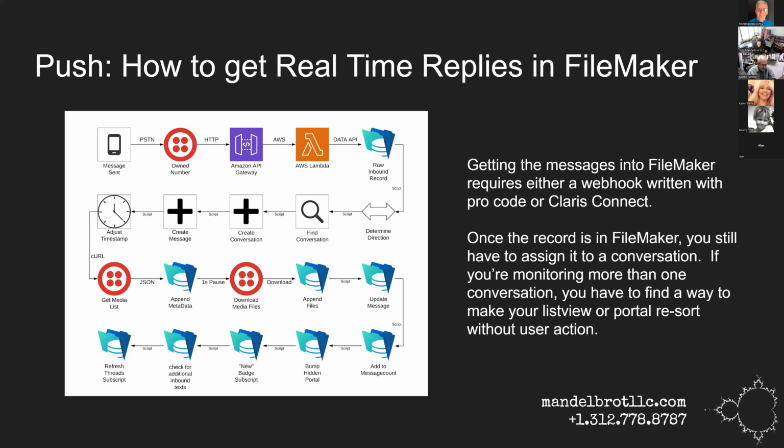There are some limitations to that. Of course, the biggest one is that building a webhook is not a trivial thing, right? That's one of the reasons that Claris Connect exists, because it's not trivial to understand how to write enough JavaScript or Python or whatever to navigate the FileMaker data API. I don't use Claris Connect a lot, but it's mostly because I've already written the code for this 100 times, and all I end up doing is copy and pasting my webhook.